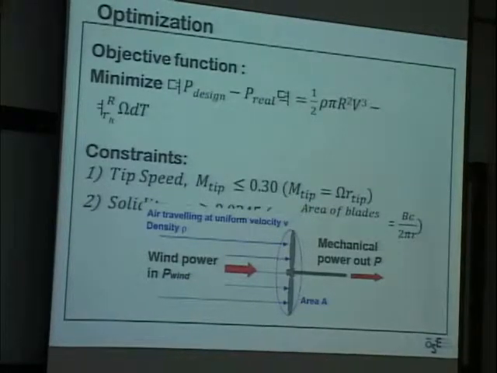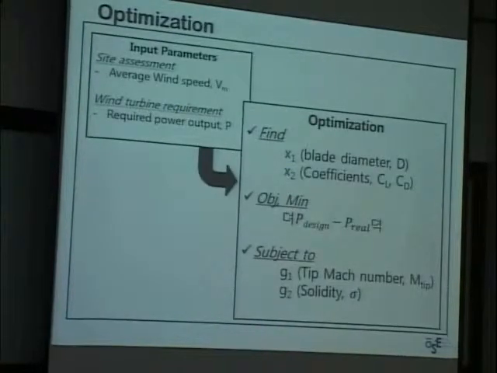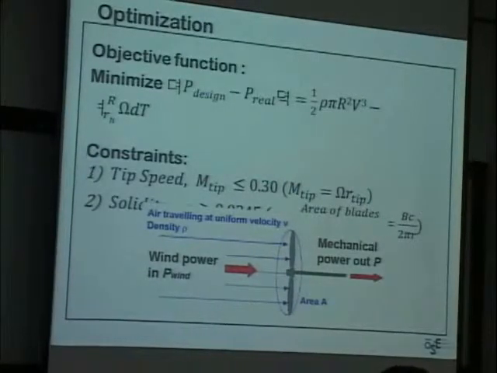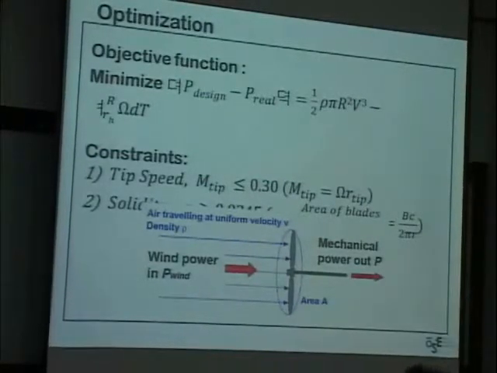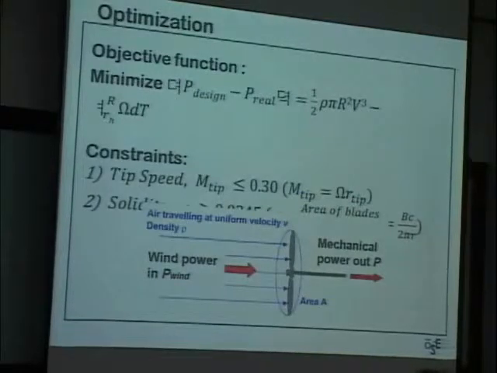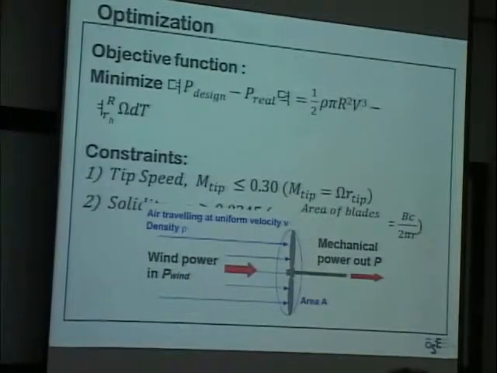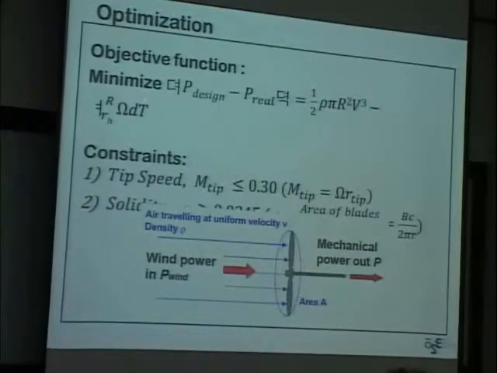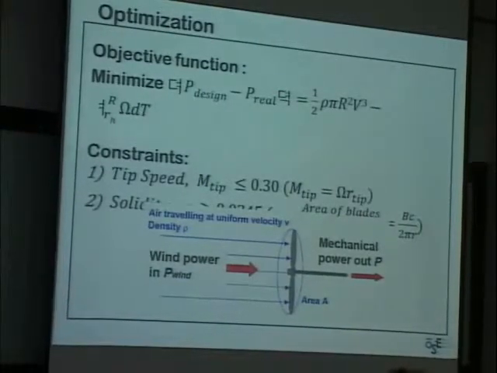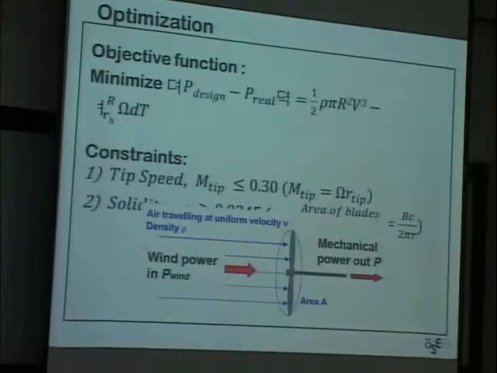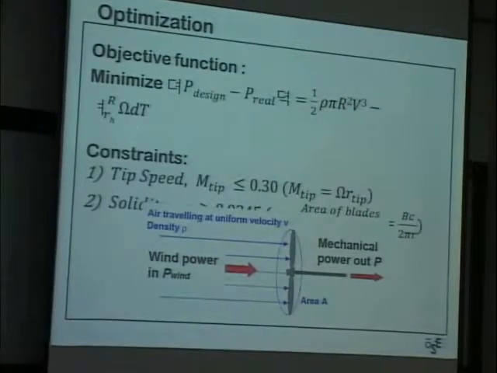Our objective function is to minimize the P-real. So that means we can get the maximum power output, and the constraint is